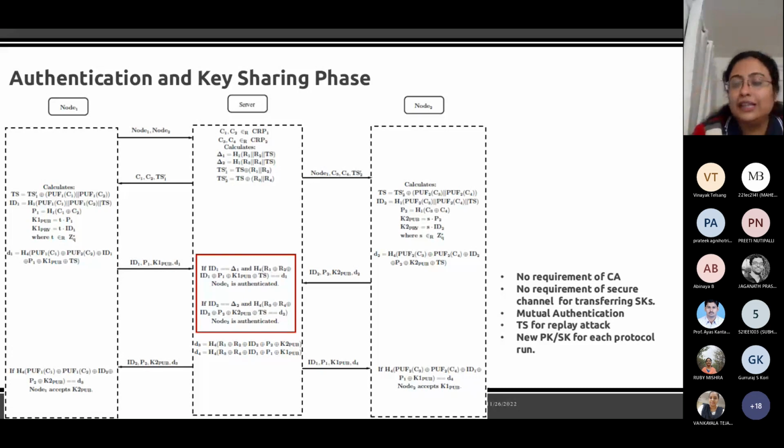So now once it is done, the last responsibility of the server that is left is to forward the public key of node 1 to node 2 and the public key of node 2 to node 1. Okay, so what we do for that is the same thing that node 1 has done before. So we take this information, which is this identity, the P2, the K2 public, and